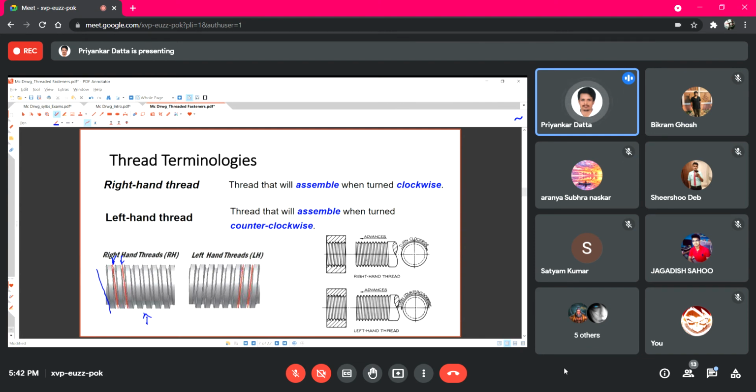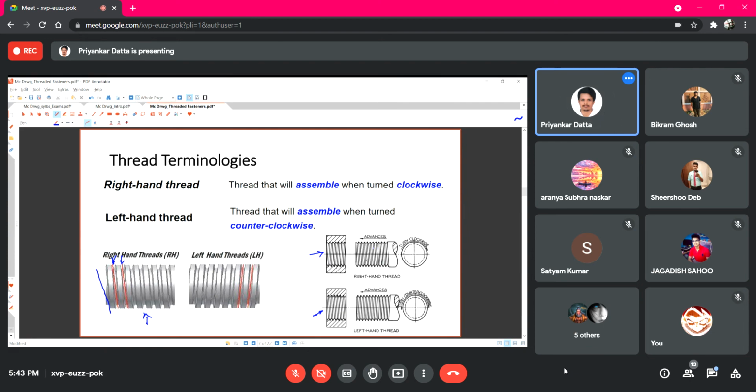Similarly, for left-hand threads, it will be slanted towards the left side if you come from top to bottom. But for internal thread, you see the concept is reverse. That means for a right hand thread, the inclination of the lines will be towards the left side from top to bottom. And for a left hand internal thread, the inclination will be towards the right side from top to bottom.